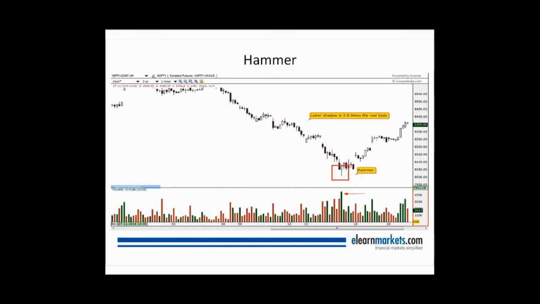Let us have a look at a hammer pattern on the Nifty 1 hourly chart. We can see a hammer over here with high volumes, which is happening after a series of downfall, wherein the lower shadow is 2.5 times the real body, and once this hammer high is crossed, we could enter into the trade keeping the low or the midpoint as a stop loss. So these candlestick patterns work excellently well in all time frames and in all asset classes.